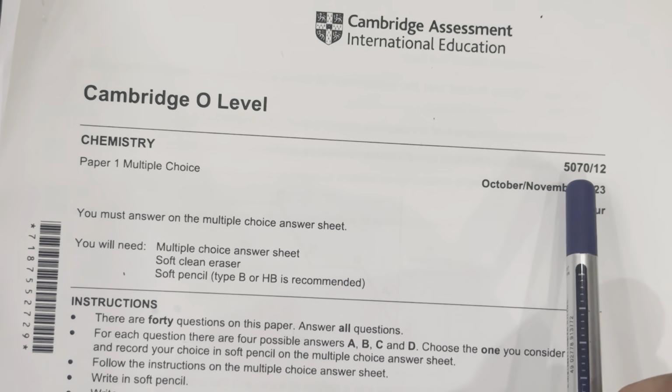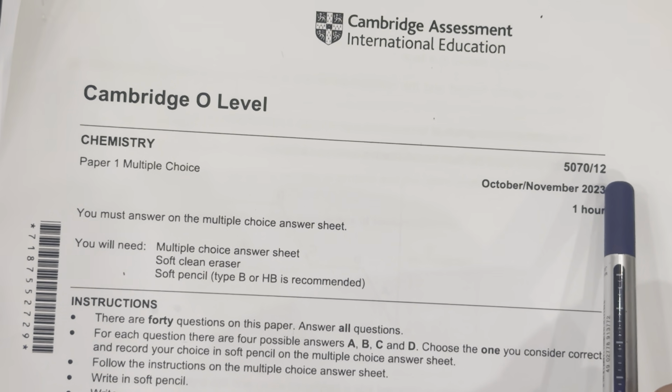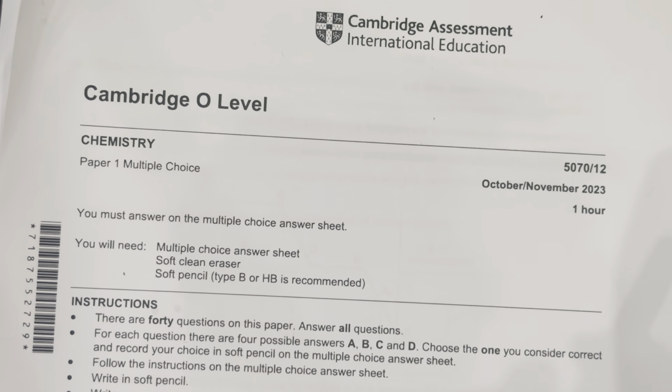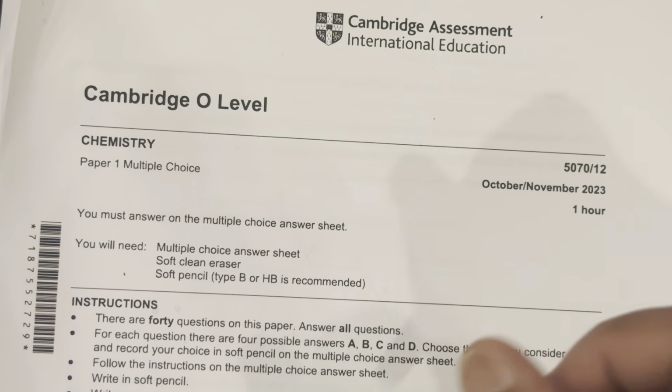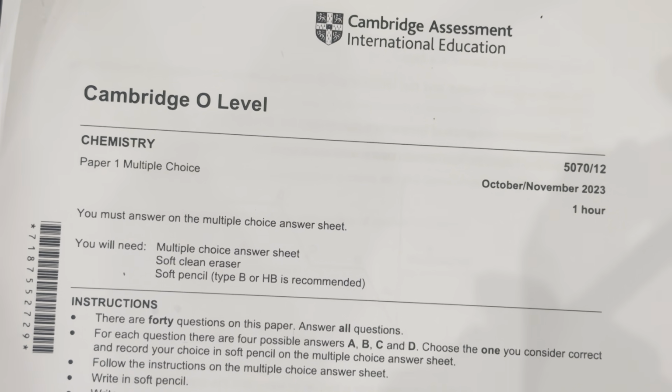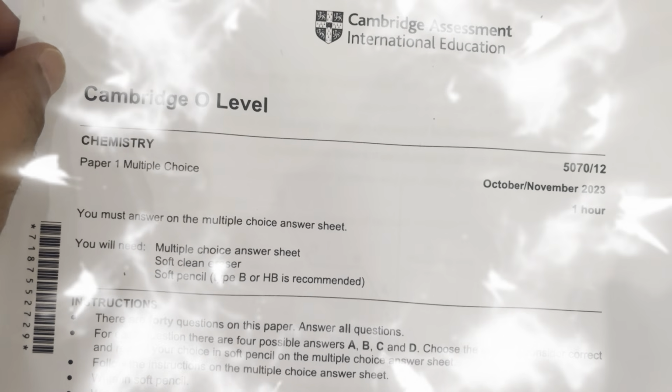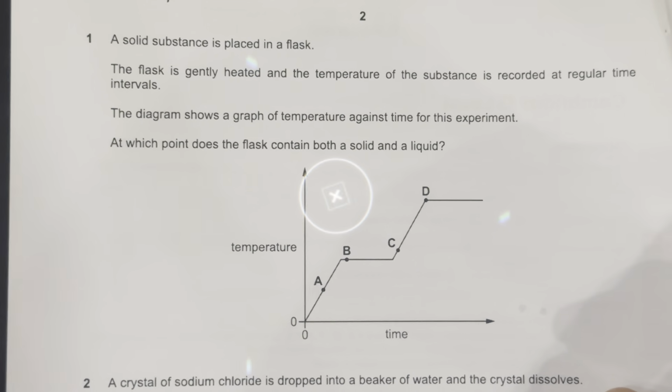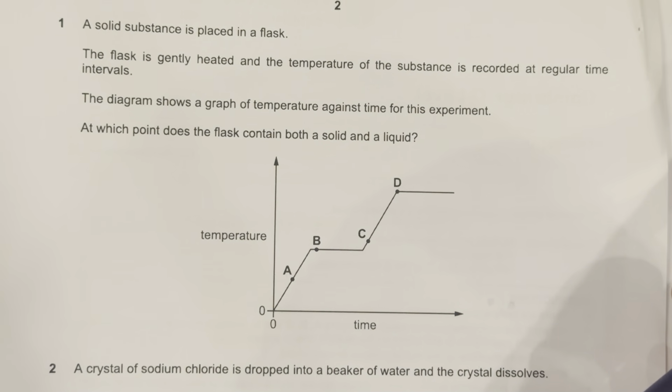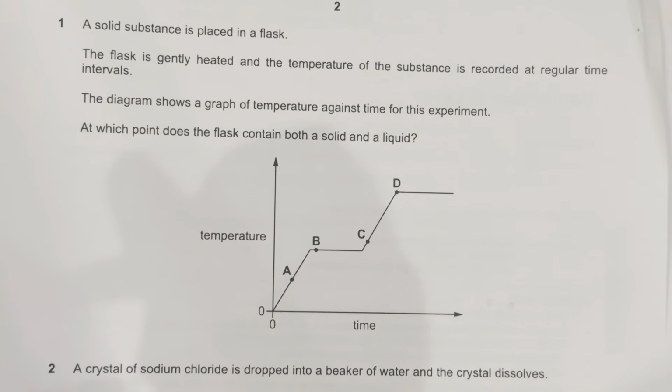Subject code is 5070 and the paper variant is 12. We have 1 hour total time and 40 MCQs we have to solve. So we're gonna solve it. From the question number 1, the question number 1 is a solid substance is placed